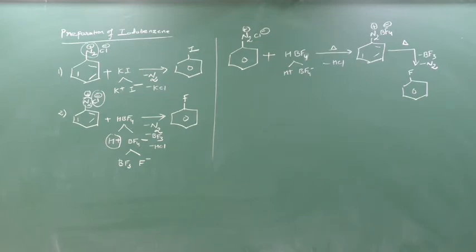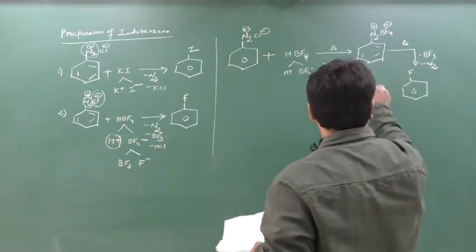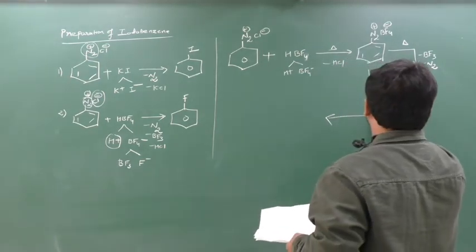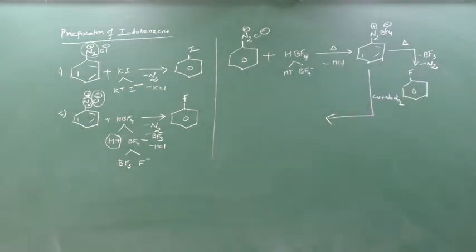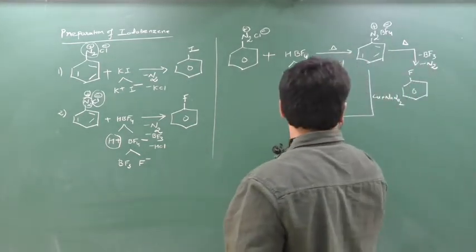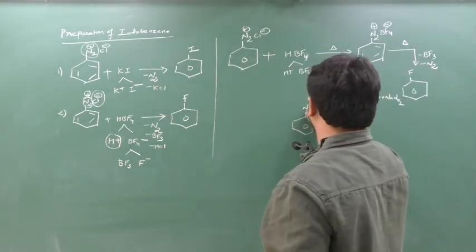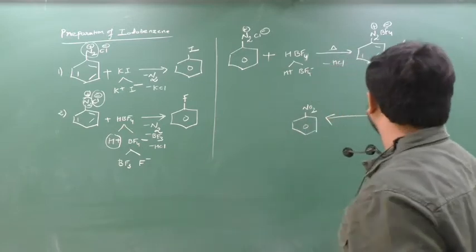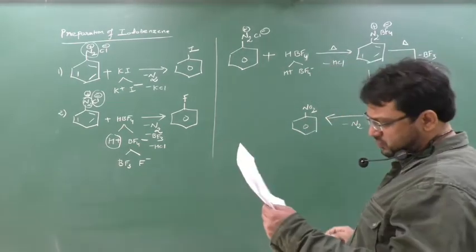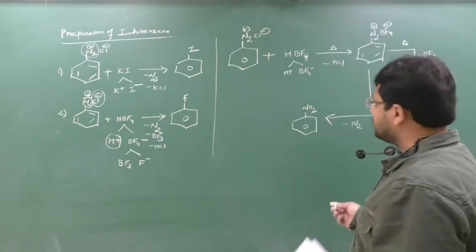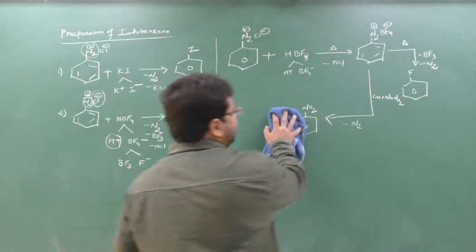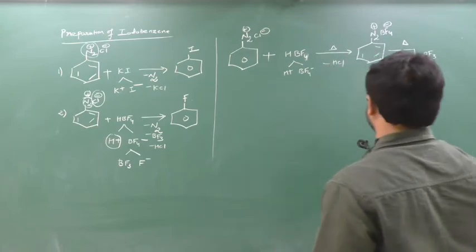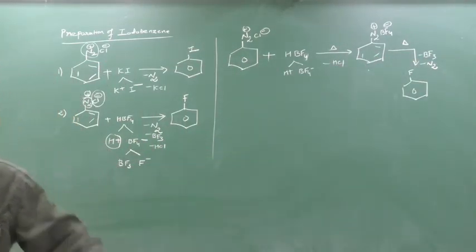Instead, if I don't heat, or if I react like this also, with copper plus NaNO2, from here another method I can check. Either you heat it or you react with Cu and NaNO2, so you will obtain nitrobenzene. So this is also one method of preparing nitrobenzene, and here nitrogen will be removed. Sorry, I mean fluorobenzene here. No, there is some other chapter. Sorry. Now it's settled. That's it. This is the answer. So this will be your answer.